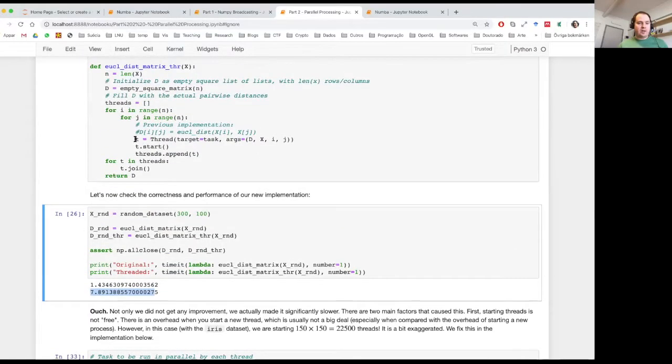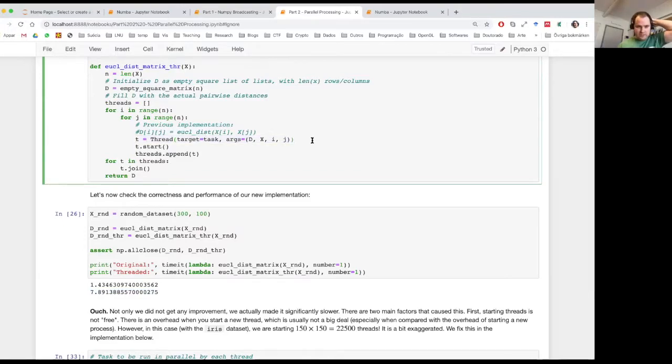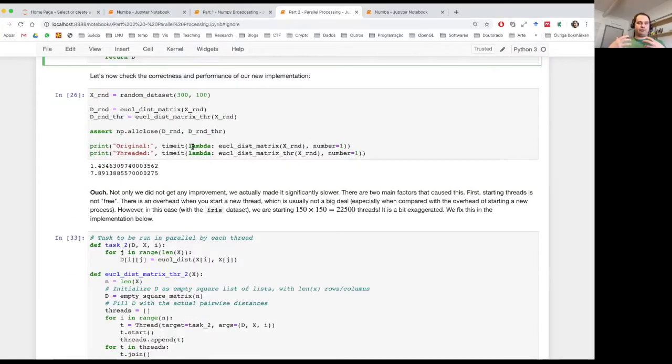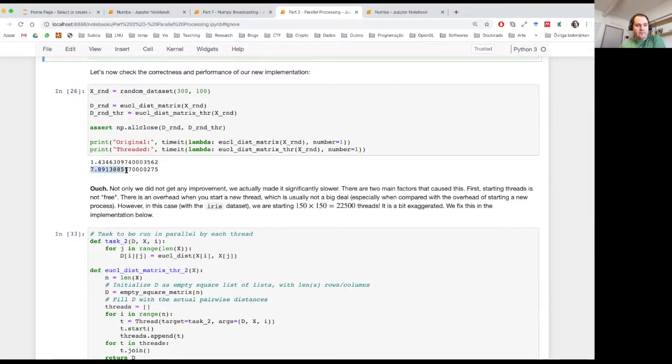We are starting a new thread. I will answer David a little bit later. So we are starting a new thread here for every single cell of the distance matrix. And starting a new thread is not for free. There is an overhead involved in actually starting a new thread. That's why we get a big hit here in the performance. For the iris data set, which is, well, we're not using the iris data set here, so I changed it. But with the iris data set that has 150 rows, we're actually starting